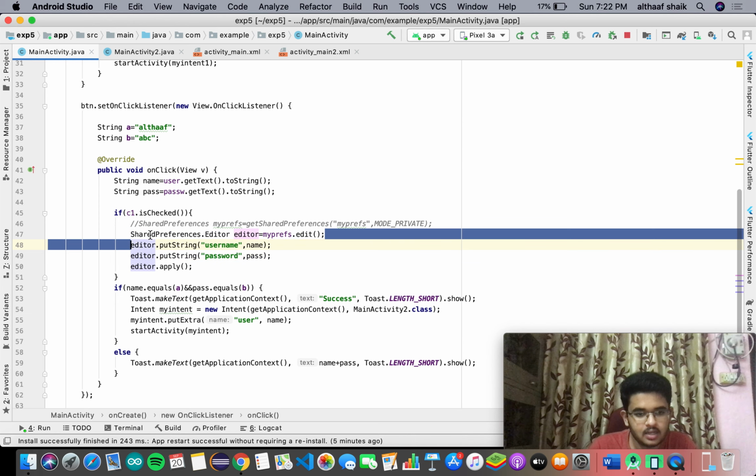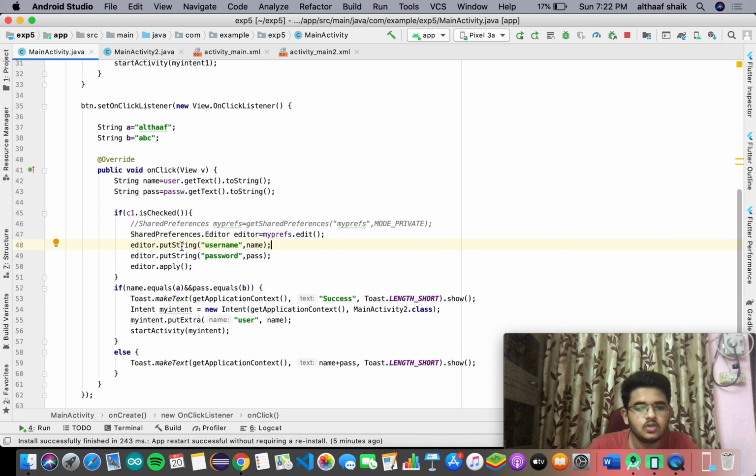This line is mandatory. Then, using that editor object, you use the put string function, with a key and a value. The key is username and the value is the one you enter in the username box. Then this is the password. Editor dot apply saves it.